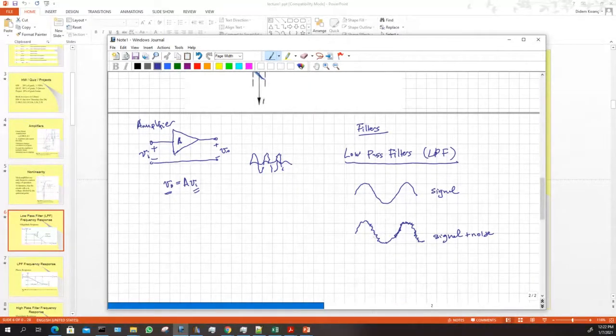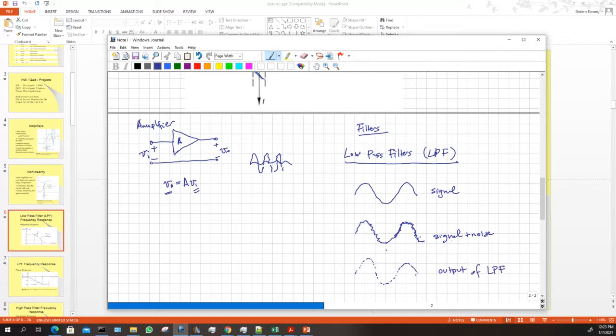A low-pass filter is a system that can't react very quickly to this buzzing. So the output can't go up as quickly as this tiny signal does, and go down. But it can go up slowly enough to follow the main signal, okay? So the output of the low-pass filter might be a little bit distorted, but it can't do that fast distortion. That's what I drew right now. It might be a little bit distorted, but it won't be buzzy or fuzzy like this signal plus noise. So this is the output